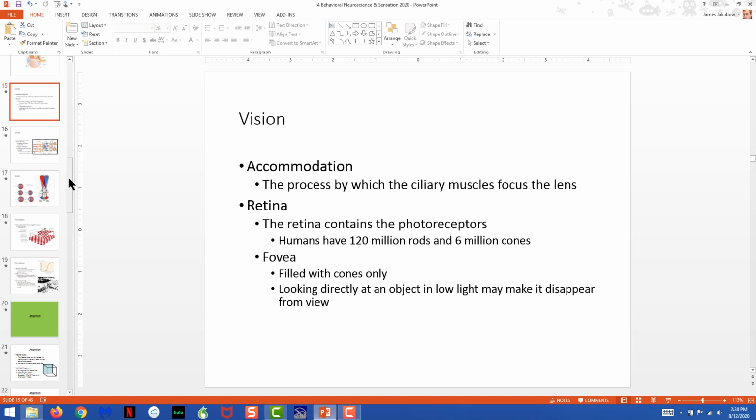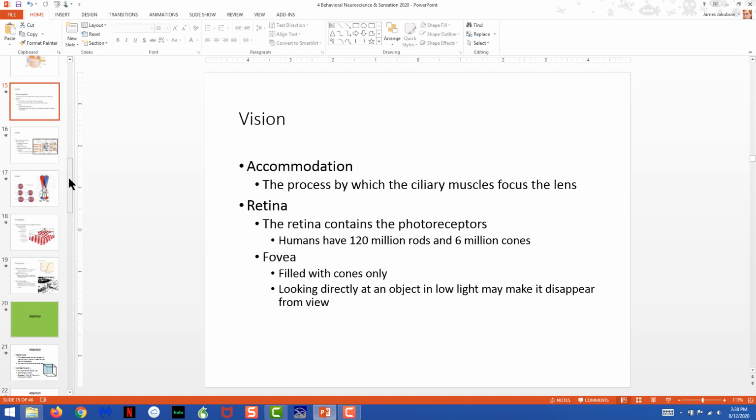So those cells in the back of your eye primarily are laid out so that about 6 million cones are in the fovea itself, the location where light is always focused. And then the remaining back of your eye has about 120 million rods. Why so many more, right? Why 20 times more? Well, because there's 20 times more space, right? You only have the fovea, and then they have all the rest of that radar dish to fill in, and that's just filled in with rods.